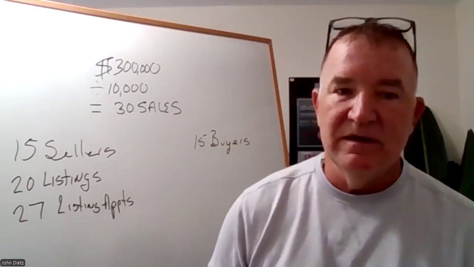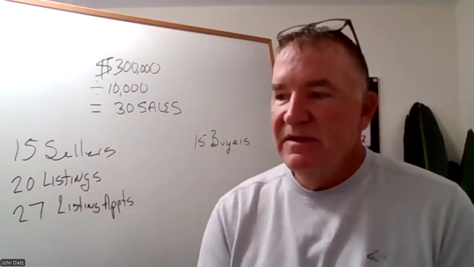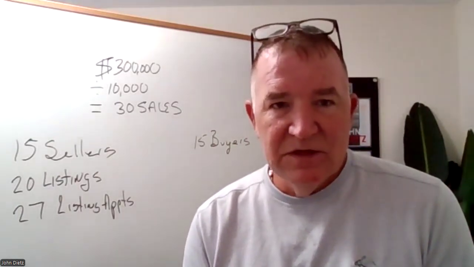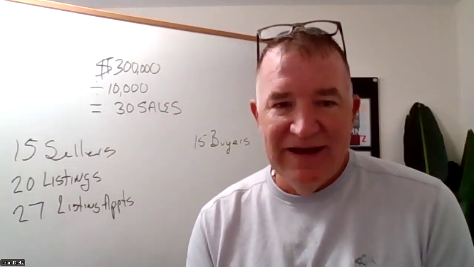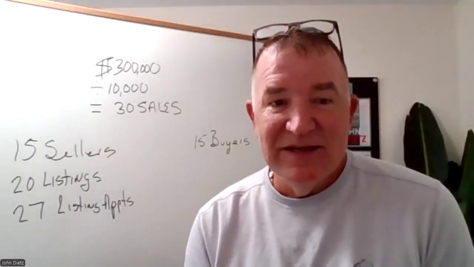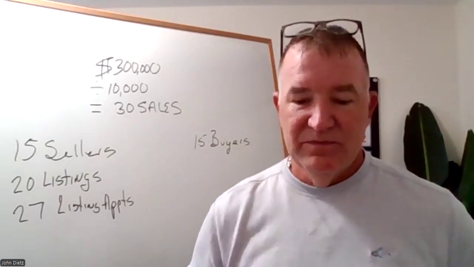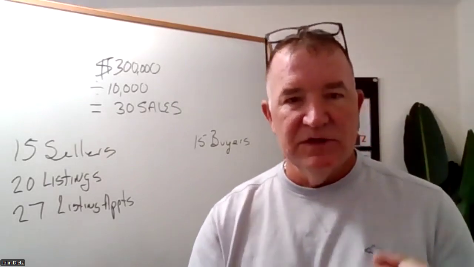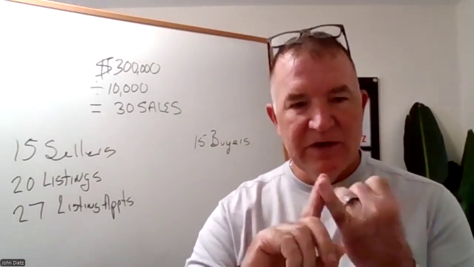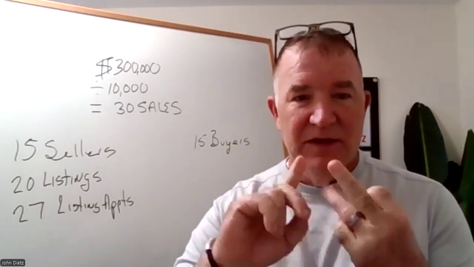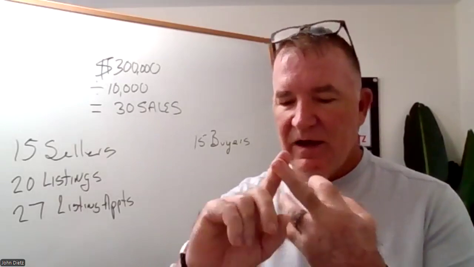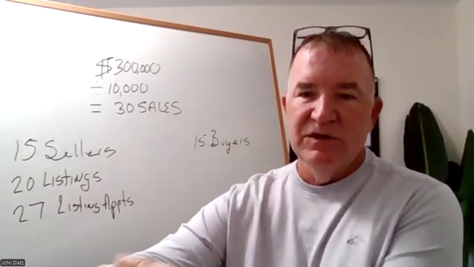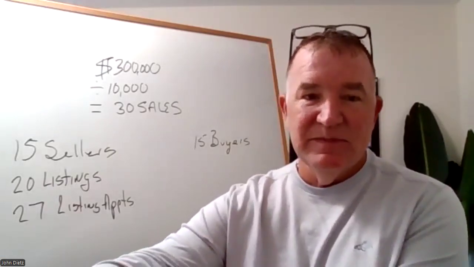Now, the next question becomes, in order for me to go on 27 listing appointments, what do my daily activities look like? What do I need to show up and do every day? Just so you don't think we're just winging this, no, we're not. This is why we track numbers. One of the things you should be doing every day is tracking how many calls you make, how many people you speak to, how many listing appointments you go on, and listings taken,